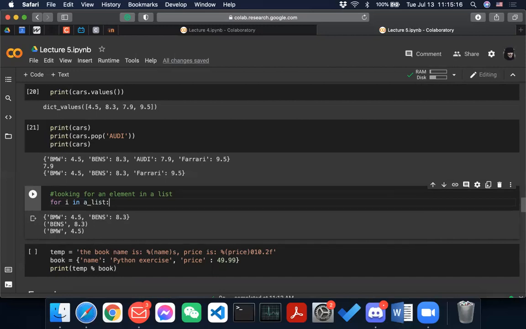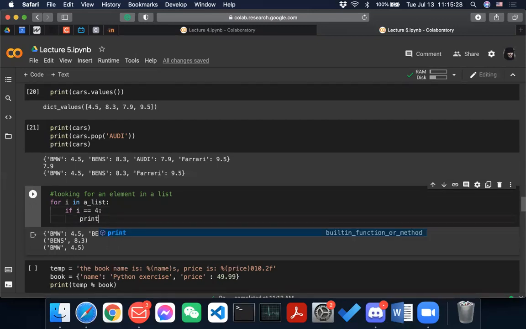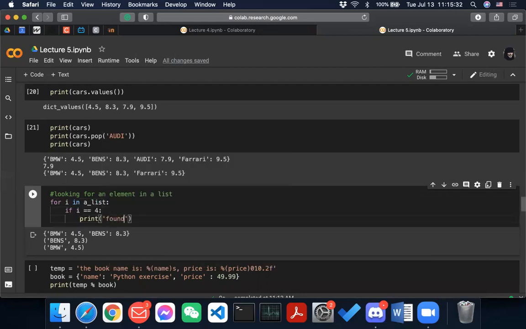I don't have this kind of variable right now, but if i is equal to something, for example if i is equal to 4, print found, right?